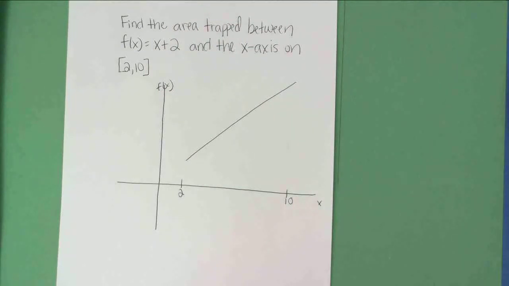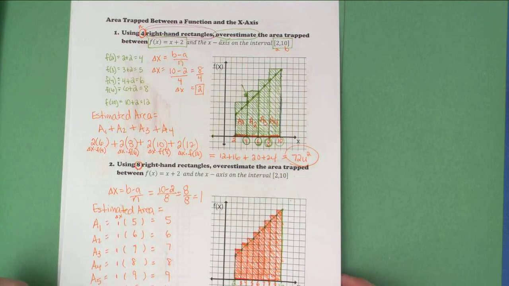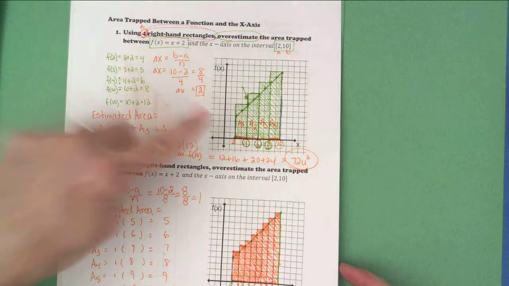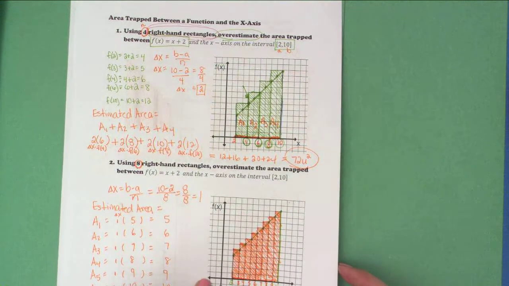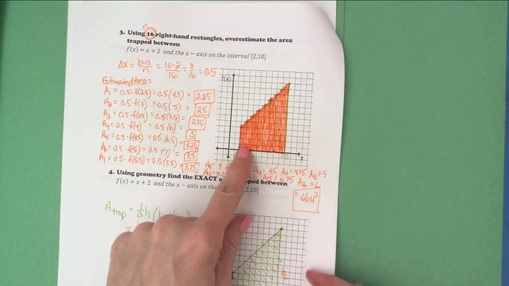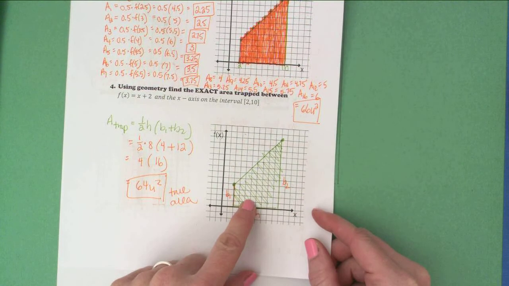Welcome back to our lesson on area trapped between a function and the x-axis. You've already watched the videos or you've been in class for this packet we've been working on. The packet, just to remind you, looks like this. We were estimating area between a linear function and the x-axis with 4 right-hand rectangles, 8 right-hand rectangles, 16 right-hand rectangles, and then ultimately we did use geometry to find the exact area of the trapezoid, which was 64 units